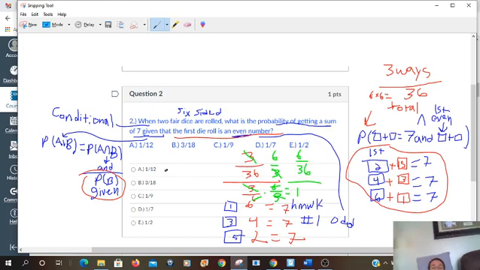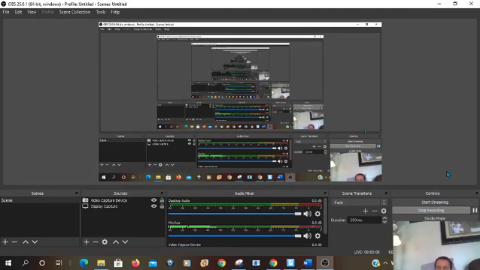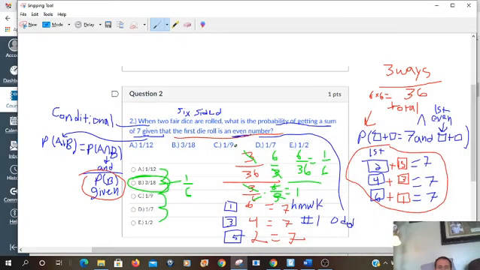Now, I don't see 6 out of 36 here, but maybe one of these reduces to that. I'm thinking it's probably this one, because 3 out of 18 reduces to 1/6, and 6 out of 36 reduces to 1/6. So that must be the right answer. Nice. I'm going to pause this for a second. And we're back. So again, our answer there is going to be 1 out of 6, or 3 out of